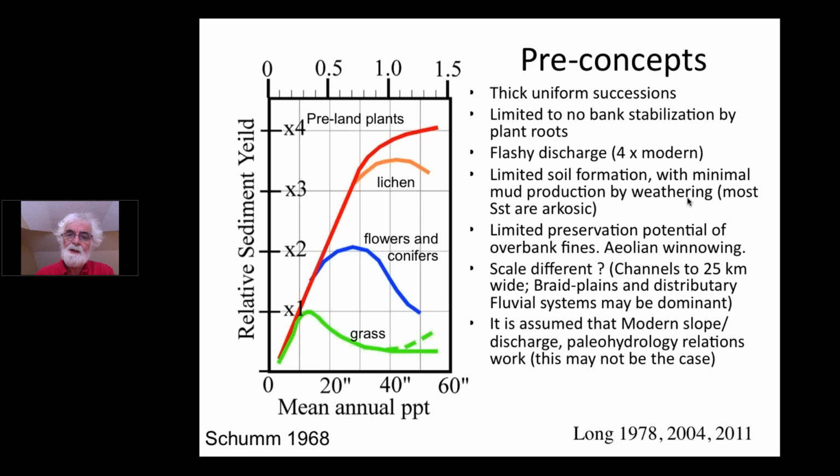One of the basic conditions for rivers before the end of the Silurian is essentially there are no rooted land plants, and these lead significantly to the stabilization of banks. And initially we thought this was absolutely essential for the formation of meander-type things. Another factor is that when it does rain, the water comes off a lot faster. It doesn't get slowed down on the way down the slopes and percolate into the bedrock or the substrate so quickly. So in wet climates, we'd probably have as much as 4 times the rate of discharge from the same